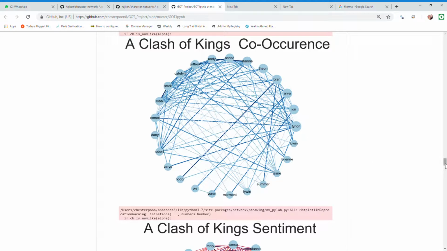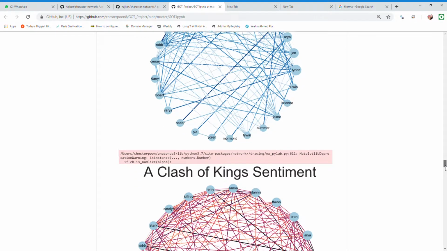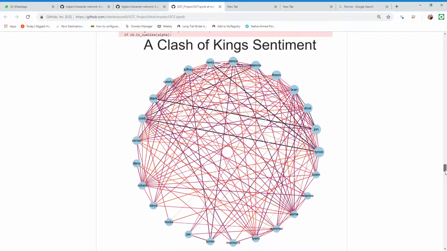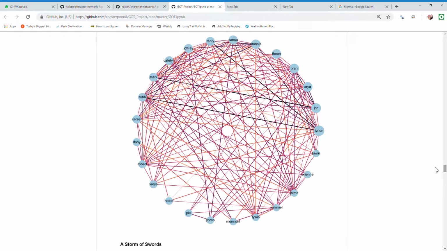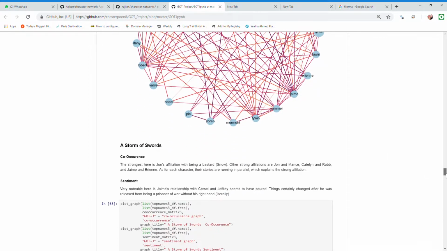Now remember, this is book two, and this is not our sentiment analysis yet. So now in our sentiment analysis, we can see that the dark relationships are bad relationships, and that Robb and Tyrion have a very bad relationship with each other. In terms of positive relationships, we can see Stannis and Robert have a good relationship with each other. Dany has good relationships with certain characters. And as we move on to book three, Storm of Swords,